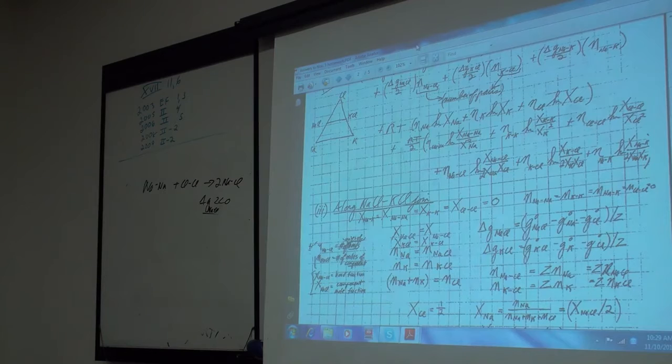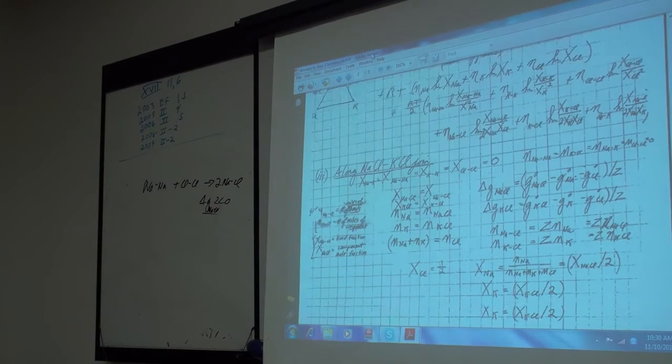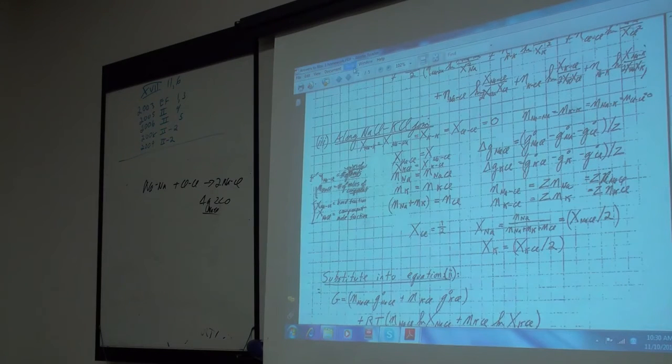X chlorine is 1/2. The mole fraction of sodium is the number of moles of sodium over sodium plus chlorine, which is the mole fraction of sodium chloride over 2. And the mole fraction of potassium is the mole fraction of KCl over 2. The mole fraction of KCl is defined along that line. You make all these substitutions back into that equation, simplify your terms,